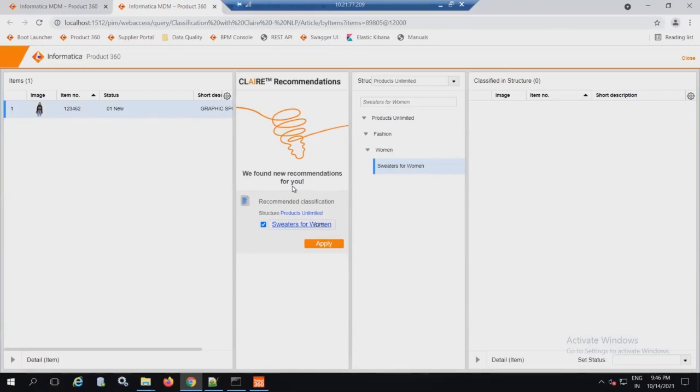So for training, as I already said, we need to leverage the full power of our Product 360 export, and once the model is trained, then we are ready to go ahead and auto classify. Once we apply it, then it will be done, right? So this is how clear you can see it is actually applied. Now this is how Clear will help you in auto classifying in the batch mode over the UI as well,